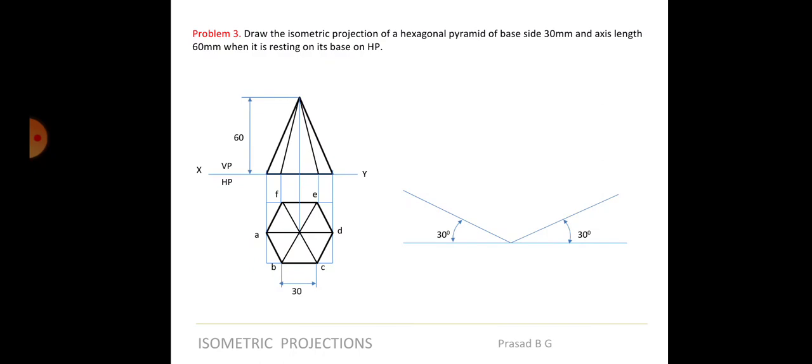So what I would suggest is, when you are drawing this hexagon in the orthographic view, you don't take the actual 30, but take the size of the hexagon itself as ISO 30. That is 30 into 0.8164, whatever distance you get. That distance only, you draw the hexagon. Got it? Don't draw it to the actual scale. Then what will happen? If you are drawing the hexagon itself in the ISO scale, then all the distances you are going to measure will also be in ISO only. I hope I am making myself clear here, right?